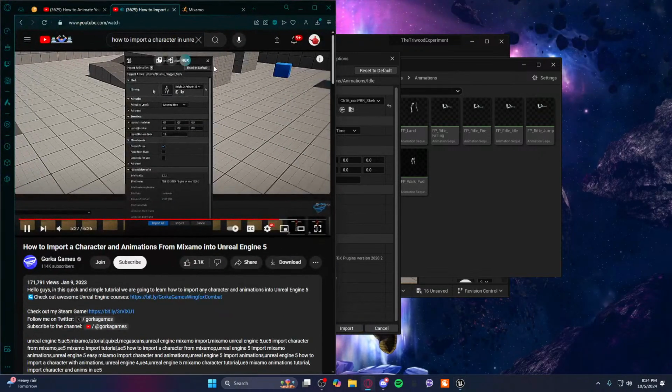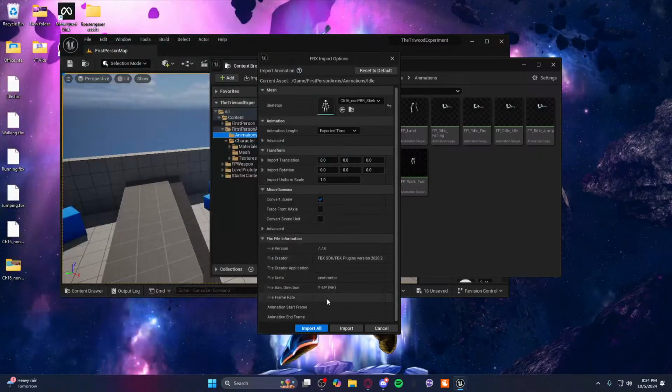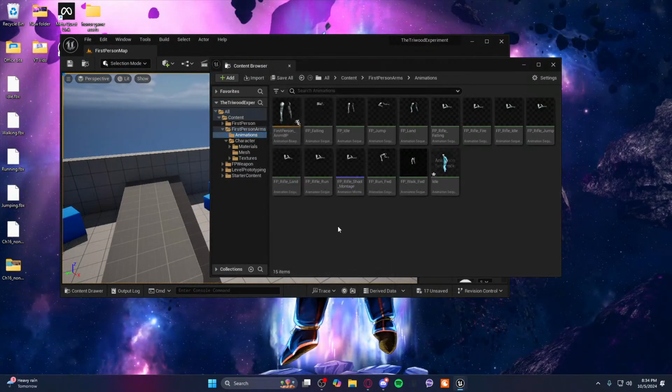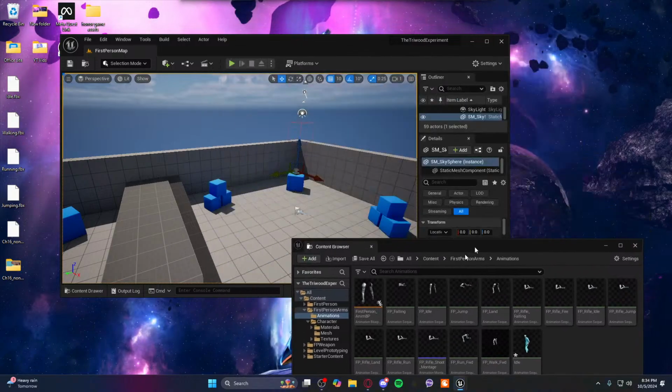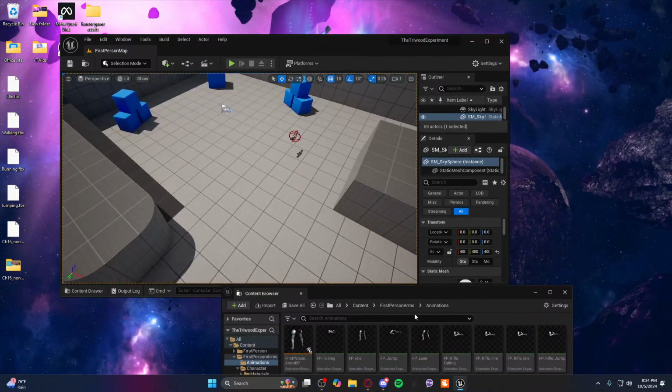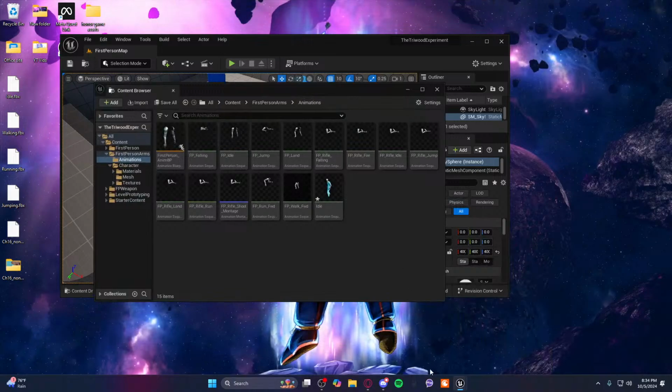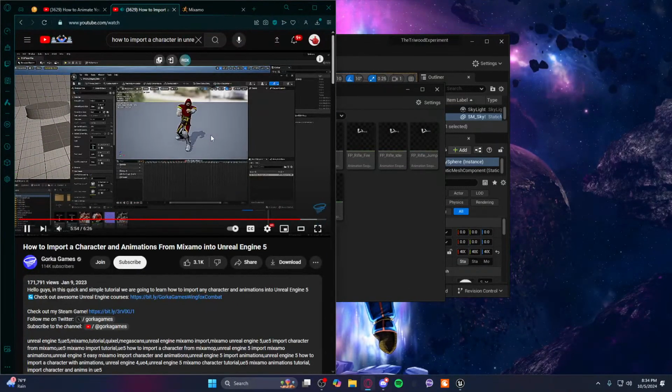Because now of course the bones will be all over the place, and then pretty much you can leave everything as default. Again, you can just press reset to default just in case, but basically we don't really have to touch anything else. We can just say import, import all. It doesn't matter. If you have more than one animation imported at the same time, just import all, and if you have one animation, just say import. It doesn't really matter. But now you will see that we have the animation imported over here, and you can see